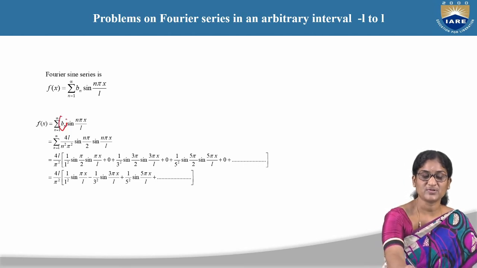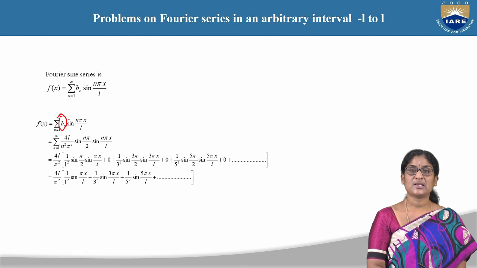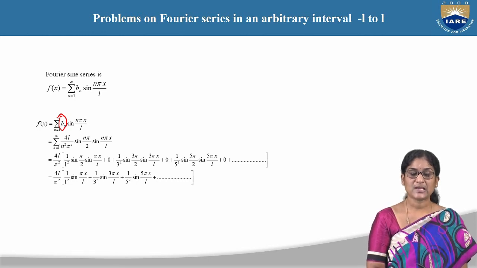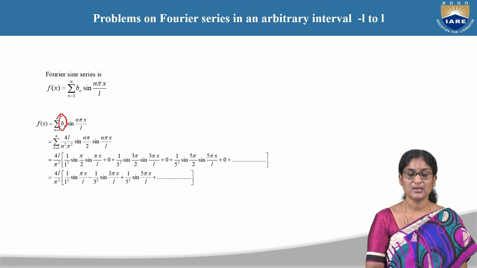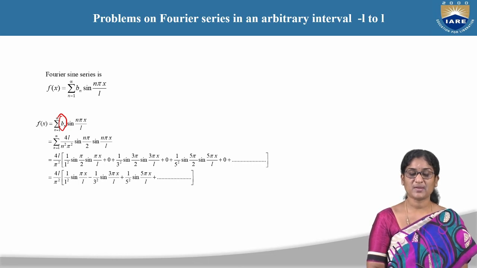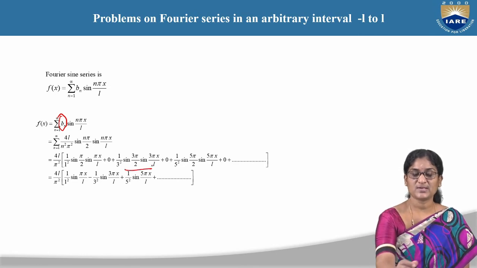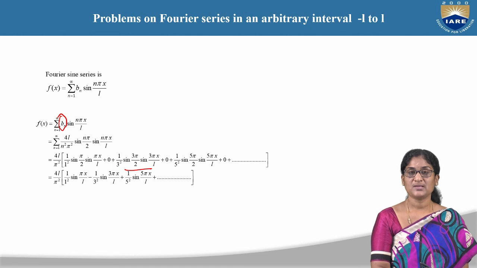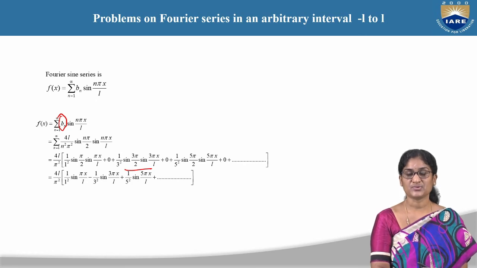Here we need to substitute the Bn value that we have got, n rises from 1 to infinity Bn sine n pi x by L, that is summation n is equal to 1 to infinity 4L by n square pi square sine n pi by 2 into sine n pi x by L, and that comes out to be 4L by pi square, 1 by 1 square sine pi by 2 sine pi x by L plus 0 plus 1 by 3 square sine 3 pi by 2 sine 3 pi x by L plus 0 plus 1 by 5 square sine 5 pi by 2 sine 5 pi x by L plus 0, and so on, and that comes out